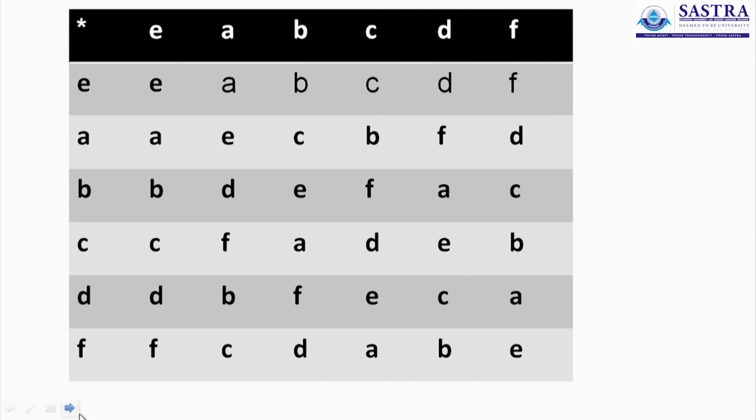Yes, and this is the Cayley's table for the group. I'll leave it to you as an exercise because this involves computation of at least 25 elements. So if you identify E as your identity element, A, B, C, D and F as per the definition I showed to you on a previous slide, you can complete this Cayley's table involving 36 entries, 6 rows and 6 columns. This you don't have to do because that's the identity element.